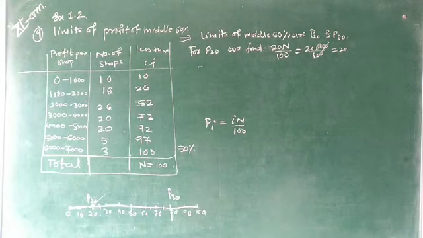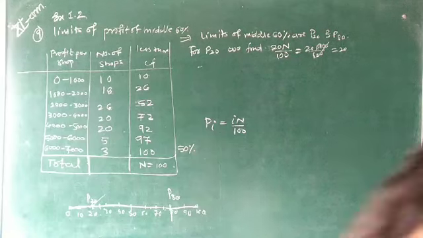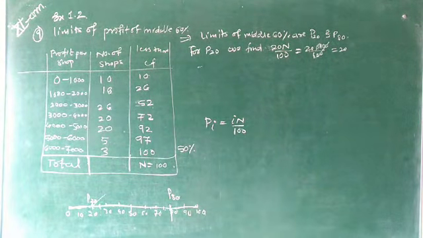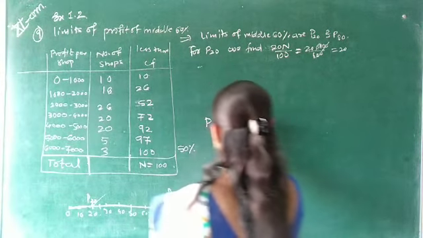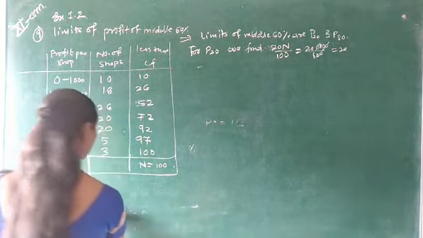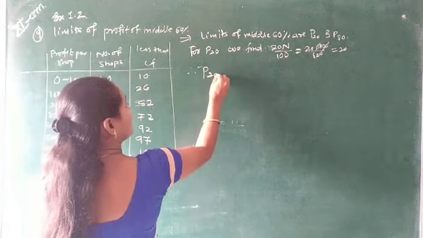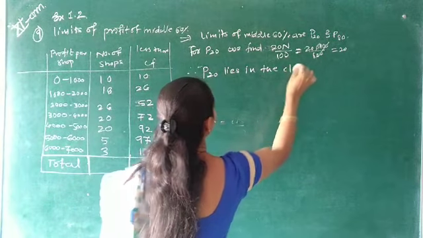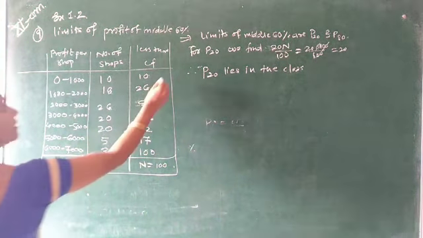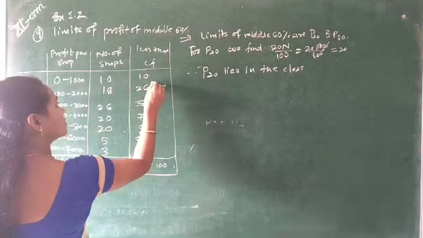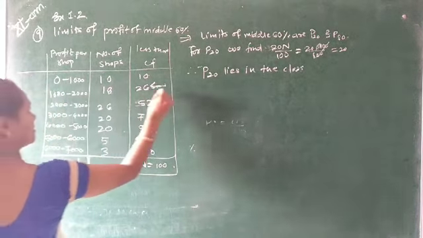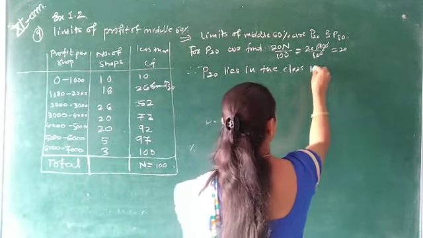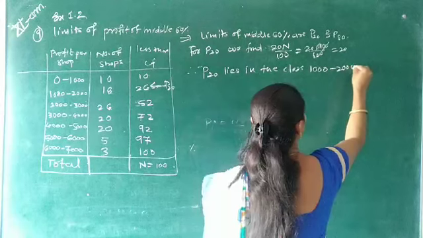P20 lies in the class. In which class the P20 lies? See, the value 26 is greater than 20. Since the P20 lies in the class 1000 to 2000, and from this